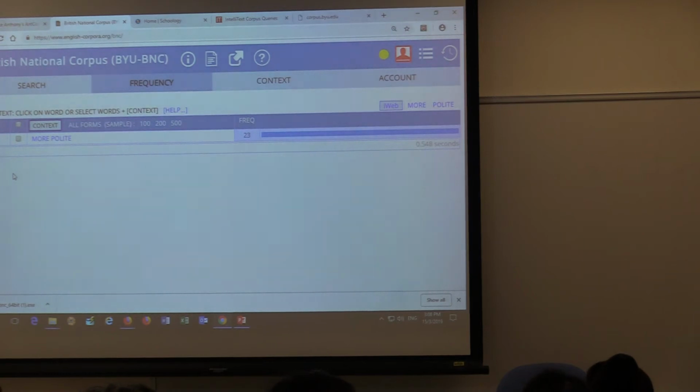Thinking or our knowledge to make a judgment. But politer is really okay. Some people use politer. And also, you have to be aware, even for more polite, it may be used to describe the adjective polite, more polite as the comparative form, but it may be used to actually mean more something, more